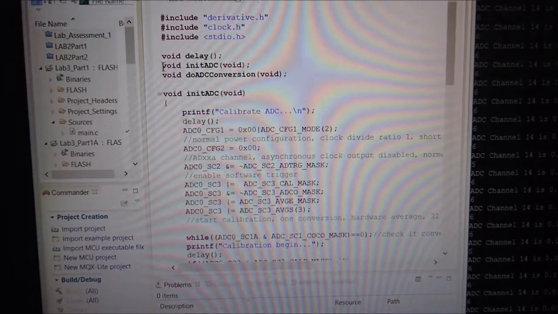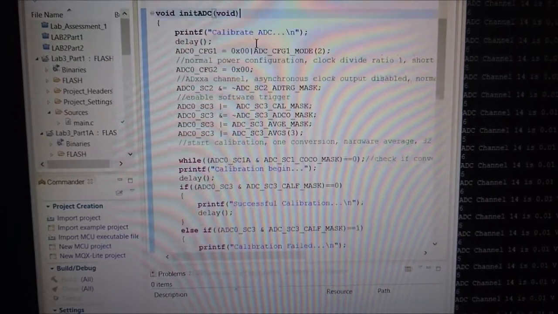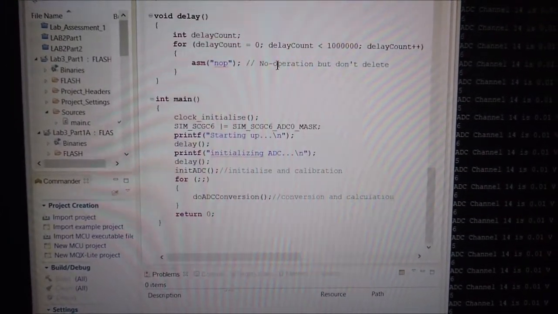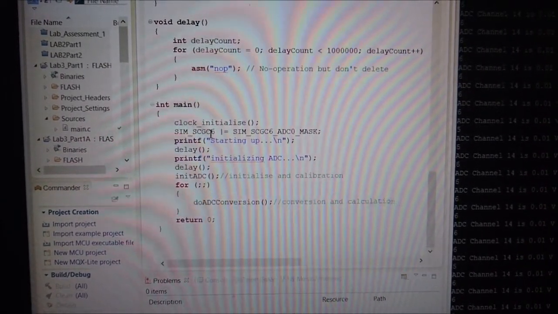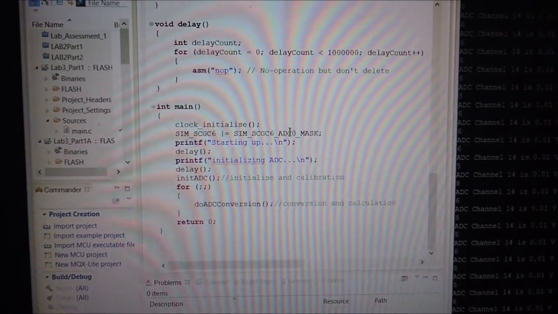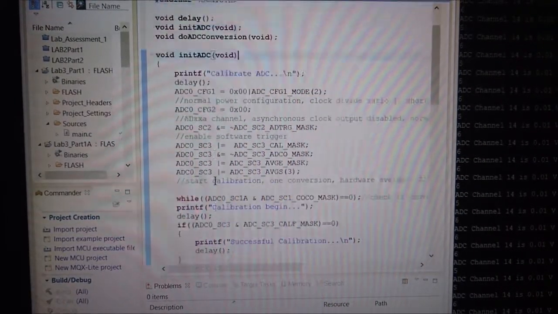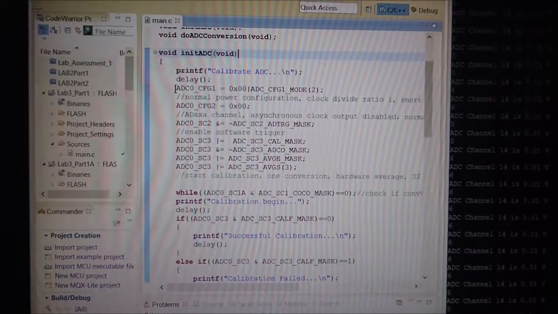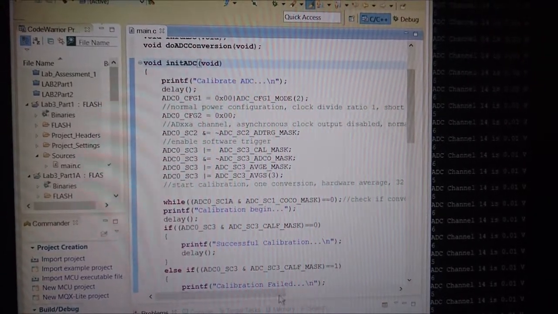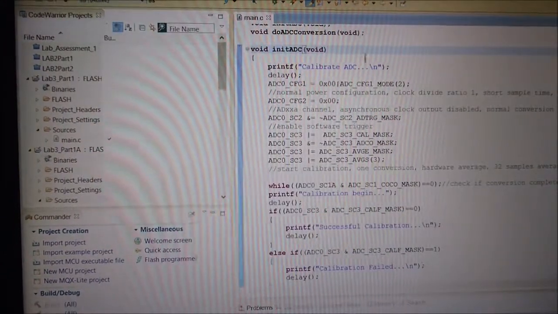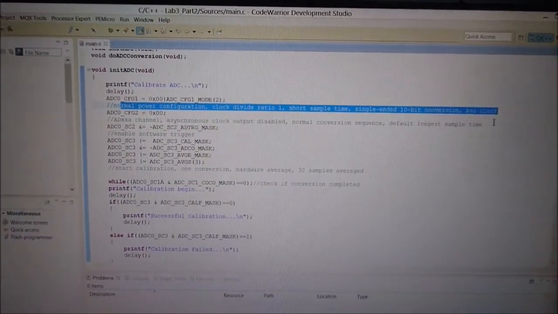And now let us look at the code. Inside the code we have initialize ADC and do ADC conversion. Before that, inside the main function, we need the clock initialize, and then after that we need to enable SIM SCGC6 for ADC 0, and then start it up, and then we will start by initializing ADC, where we will do all these settings. CFG1, set it to normal power configuration, clock divide ratio 1, short sample time, single ended 10-bit